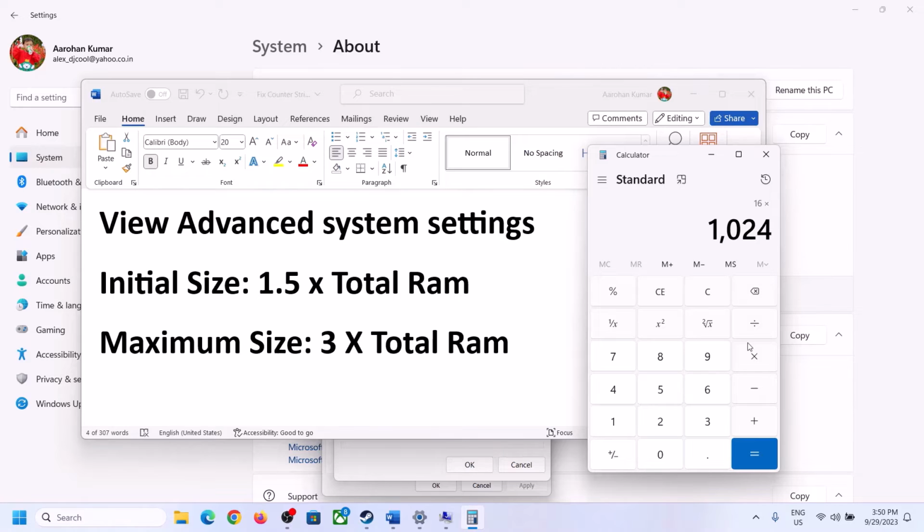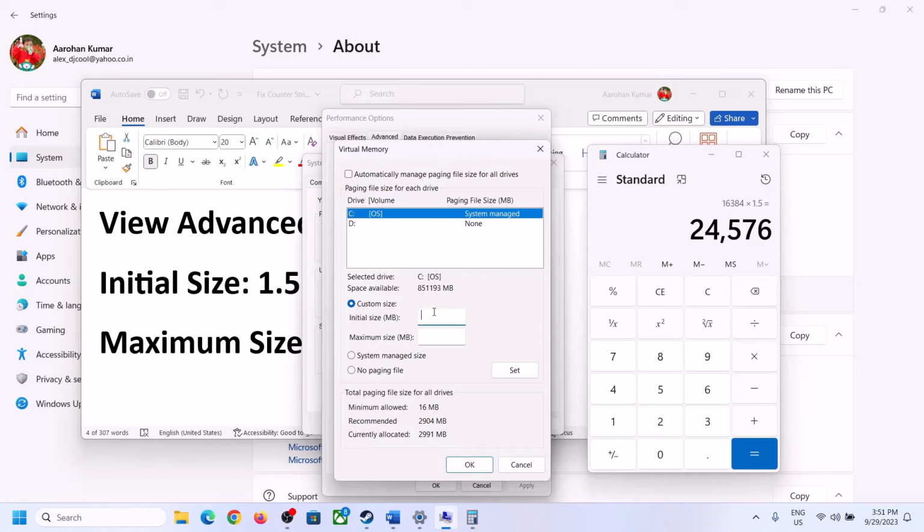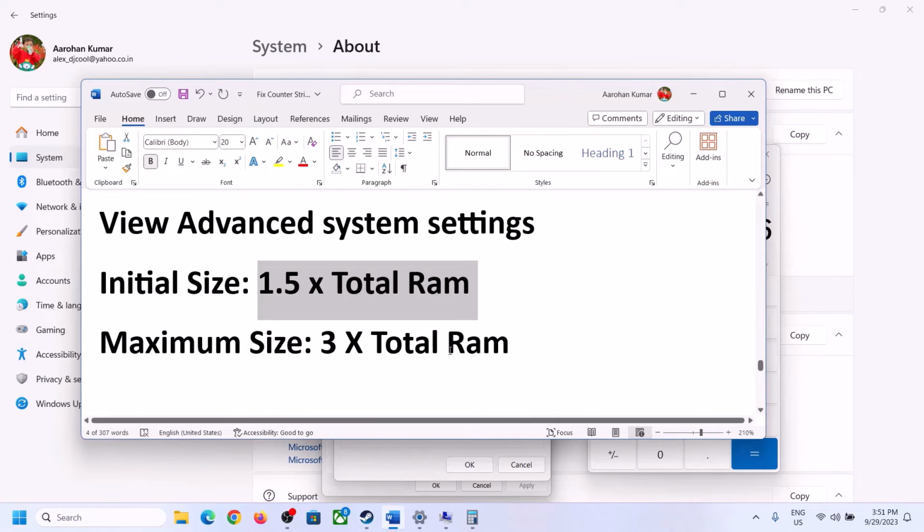So 16 GB in megabyte will be 16384. Into 1.5 into total RAM. This is my total RAM in megabyte. Now 1.5 into total RAM, that is into 1.5. So in my case initial size is 24576